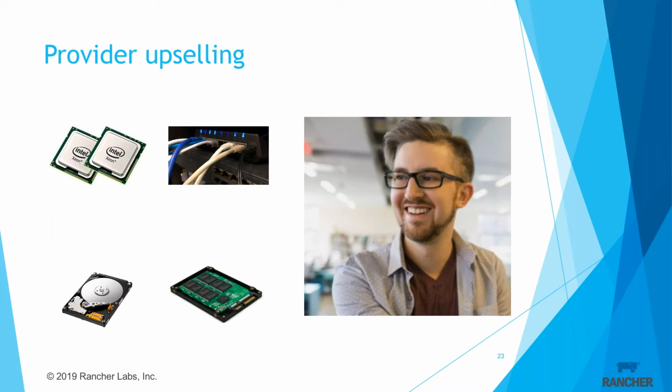Mark started out with small instances. They seemed like they had enough RAM and CPU, but performance was low. His provider told him that he could get better performance from larger instances. Then he saw some issues with network performance, and he realized that for some reason his instances had 100 megabit virtual interfaces. His provider told him that he could get gigabit interfaces on larger instances. And then he saw I/O issues with disks. During peak times, his instances would come to a screeching halt with I/O because he'd maxed out some limit. His provider told him that he could get better IOPS if he moved to bigger disks with dedicated IOPS.